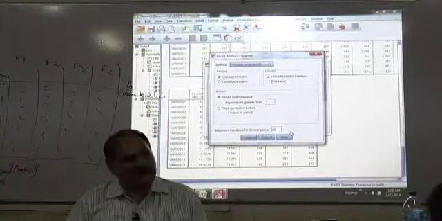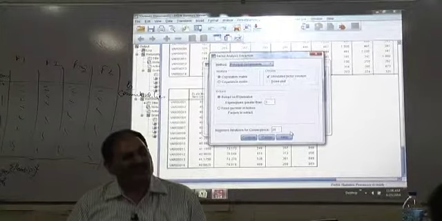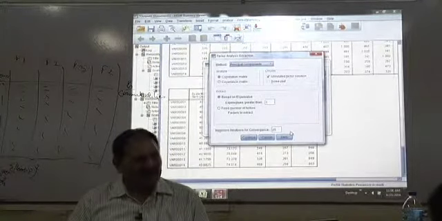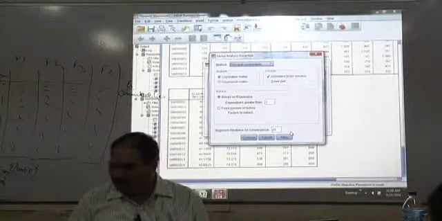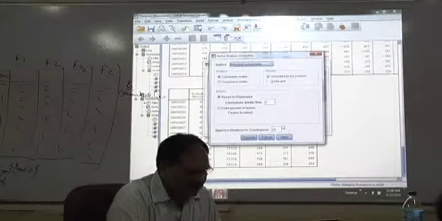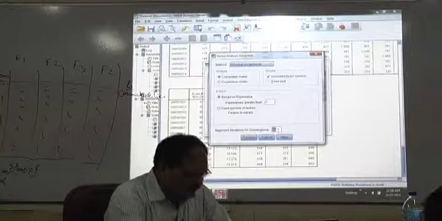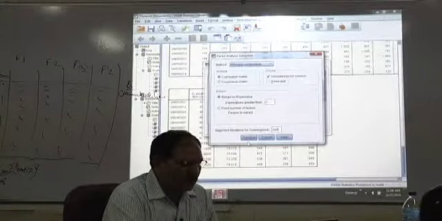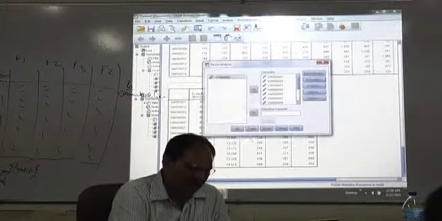And as soon as it converges, it stops iterations. So you are not going to waste your time by increasing the number of iterations here. So you can change the number of iterations in the beginning itself to 100, so that we don't have to redo it.